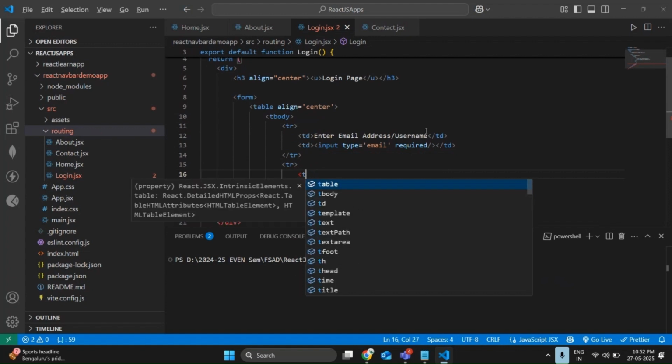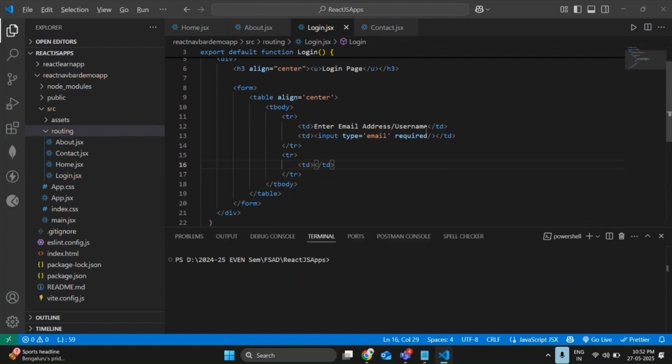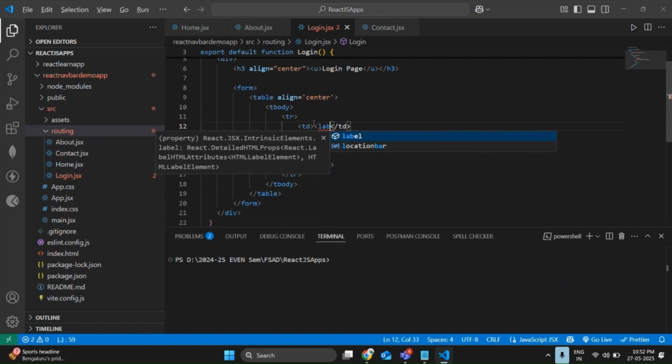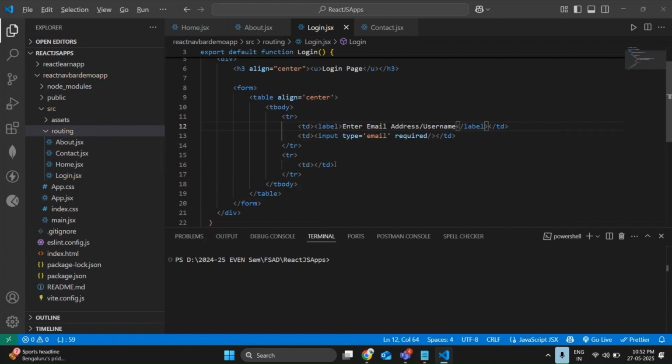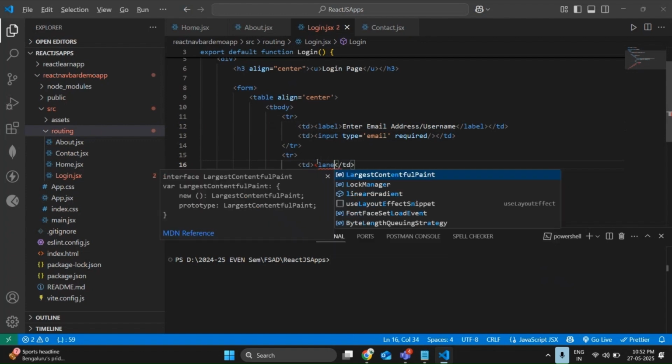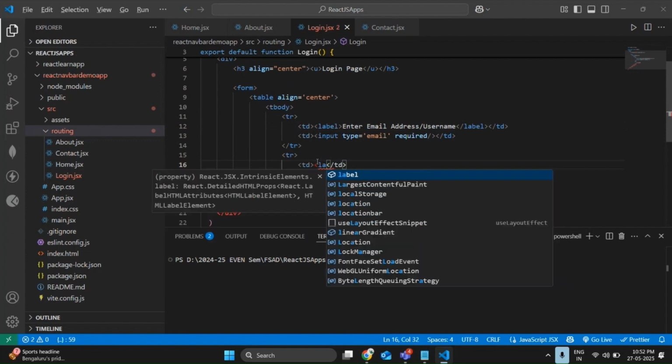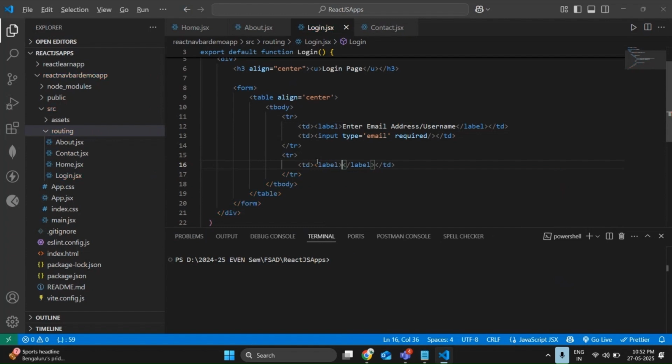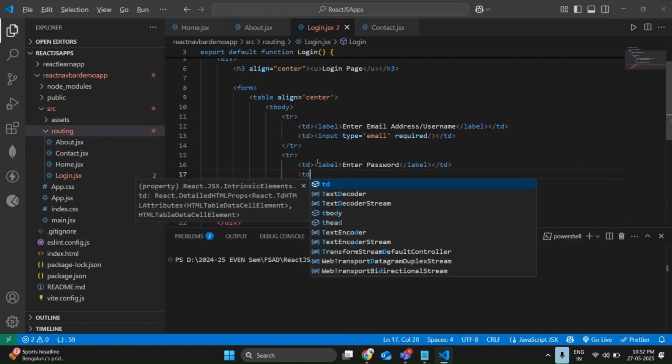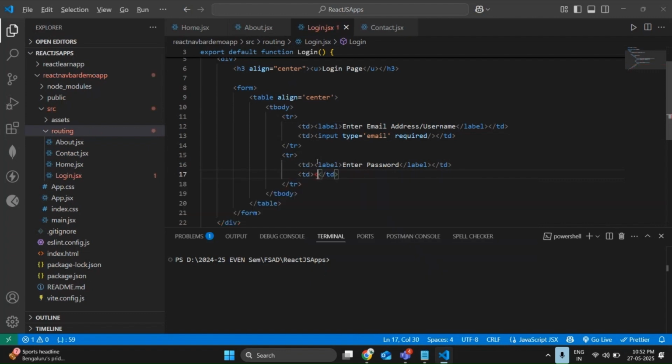td, again td. I forgot something. Sorry, I forgot the label tag. So let me use the label again. Let it say enter password. So next, again td. Let me take again the input tag, type is equal to pwd,